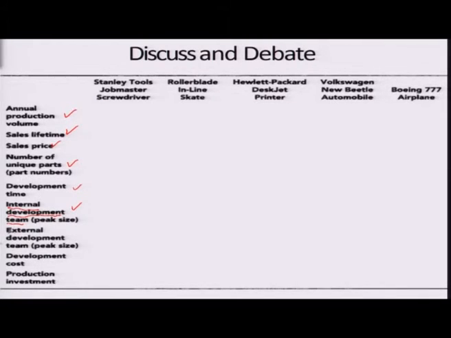And similarly, the vendor base associated with the organization, which is used mostly for setting up the supply chain. So, the external development team associated with the product. A product like Boeing, for example, would depend mostly on suppliers, because each and every part that is there or